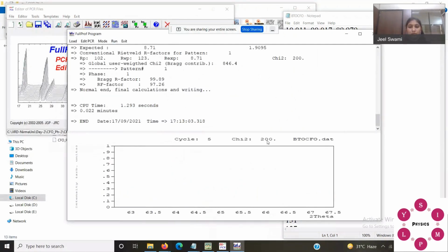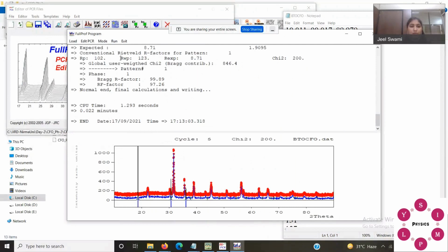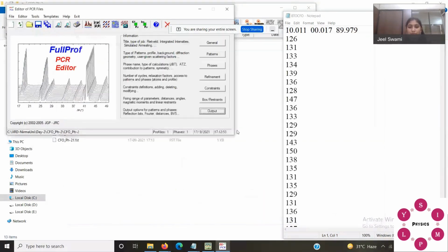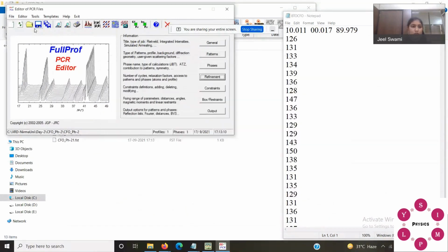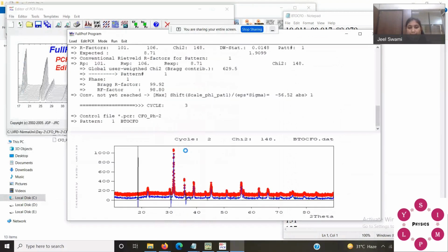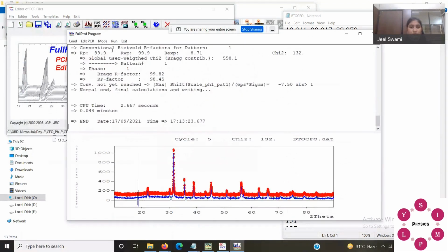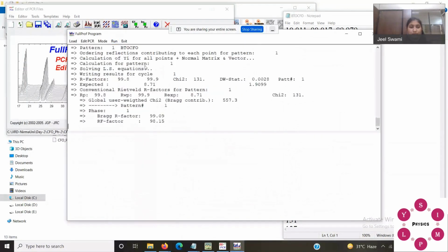Chi-square is around 200 and RWP is 123. Now we can start our refinement, starting with scale. It's decreasing, the chi-square value.